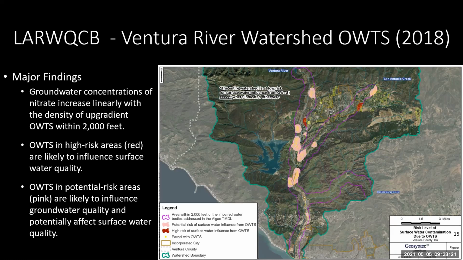And we used monitoring in both groundwater and surface waters at areas where there's known groundwater to surface water, so rising or exfiltrating groundwater to surface water interactions, combined with septic density information to spatially define areas of nitrate influence from septics to surface waters, and to achieve the objectives of TMDL improvement, as